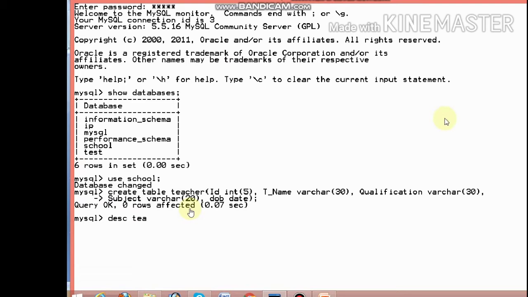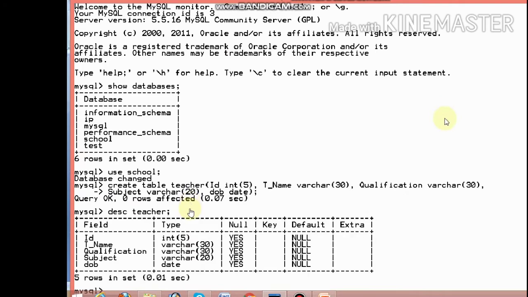See, this is the field name, ID, teacher name, qualification, subject, date of birth, and the type of that data.